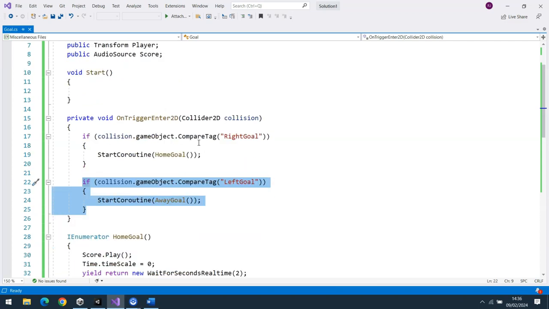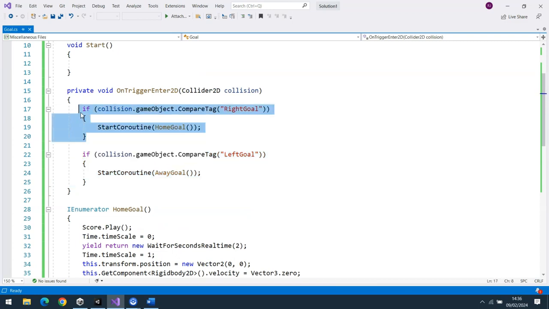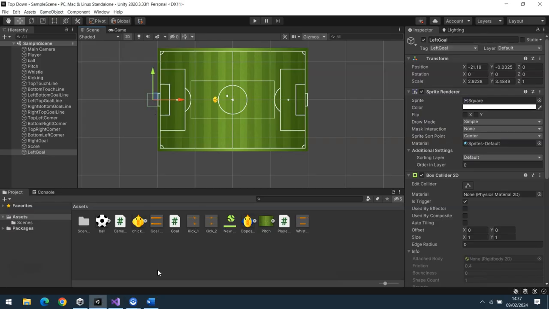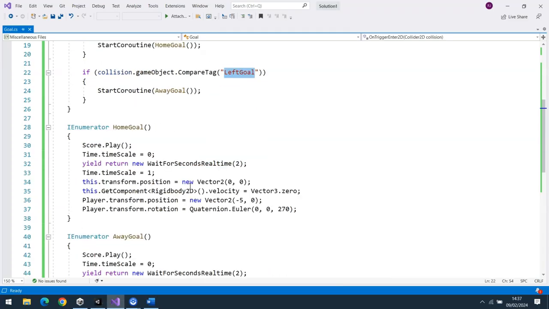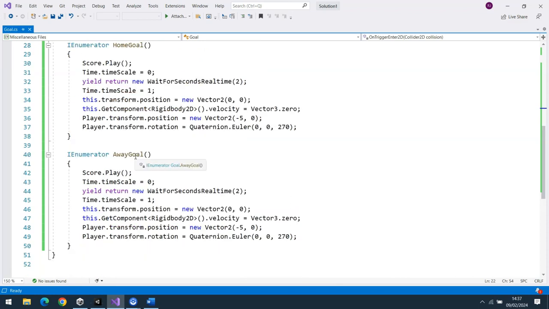So where we had this thing of, well, if the ball goes into the right goal, then start the home goal code, which is this code here. Now, I've just literally copied those lines and pasted them underneath, changed right goal to left goal, because that's what it's called now, this goal here. And underneath that, I've basically copied and pasted this code straight underneath, so it says away goal. And what you'll notice is it is exactly the same, and you're probably thinking, well, why have we got double